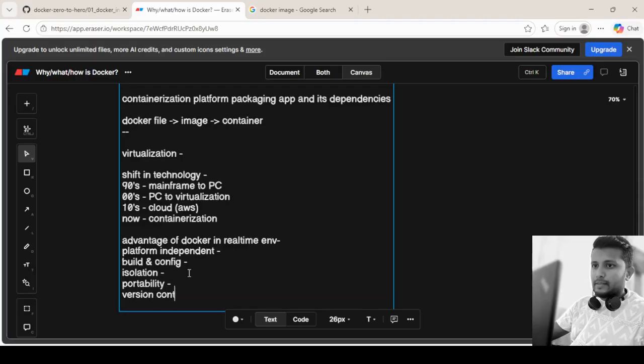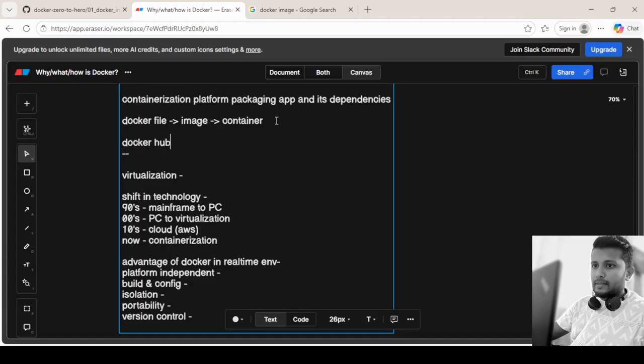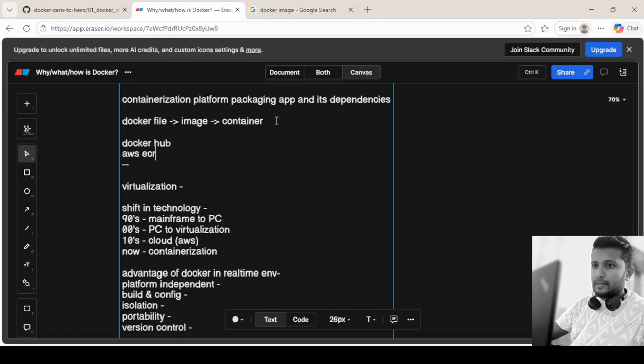And then version control. Since we have this image, we store this image in some repositories. We can store this image in Docker Hub. We can store this image in AWS ECR, Elastic Container Registry. There is a hub in Azure as well and in IBM as well. So we maintain the versions of this image, meaning image 1, image 2, or 1.1, 1.2, and so on and so forth.